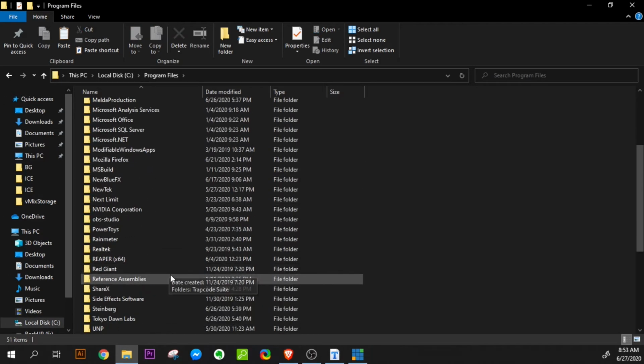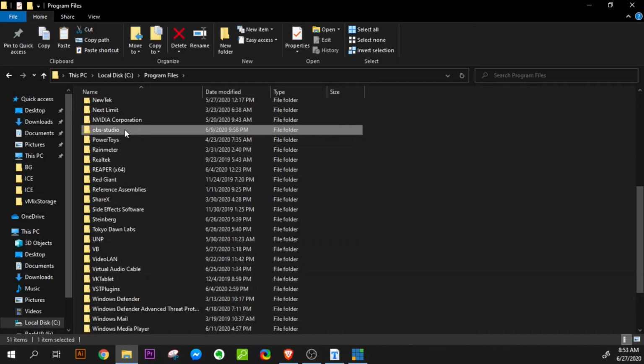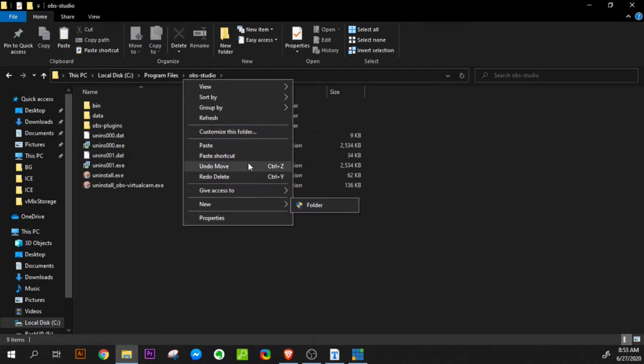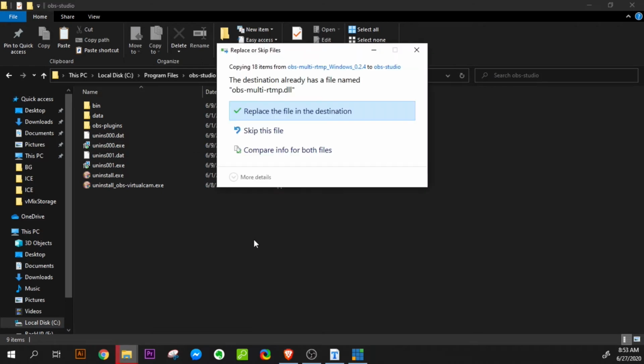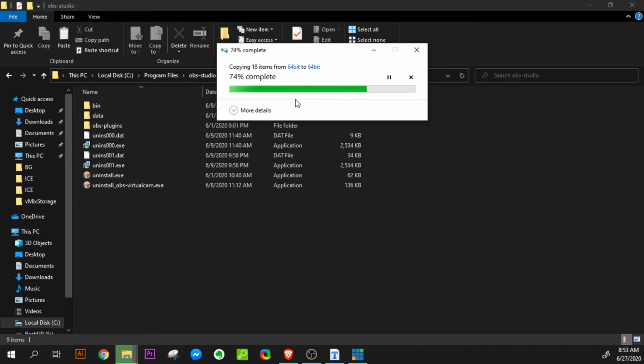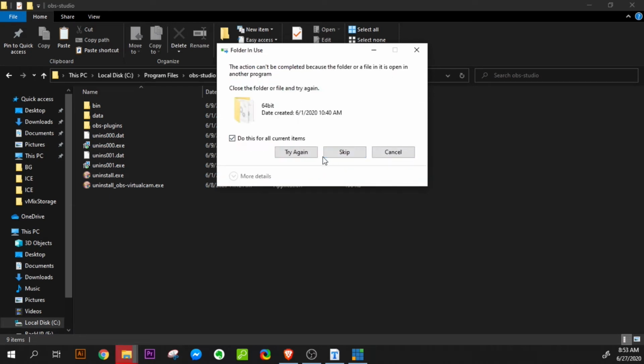In the program files, let's search for OBS Studio and then paste the files that we have copied earlier. As I have already installed the plugin, it's showing a prompt to replace the files in the destination folder. So now our files have been copied.